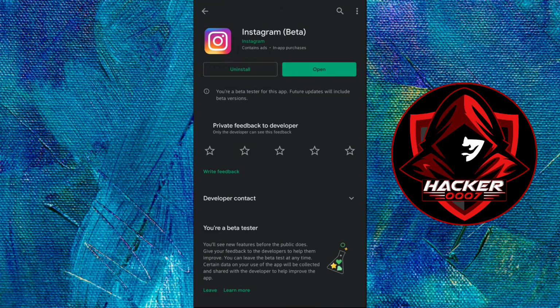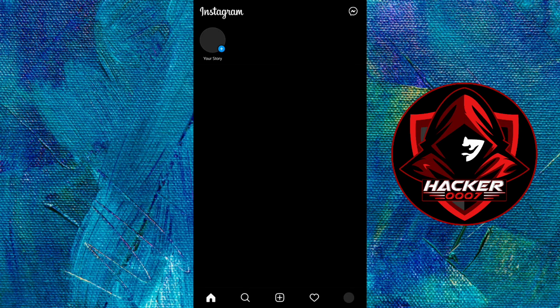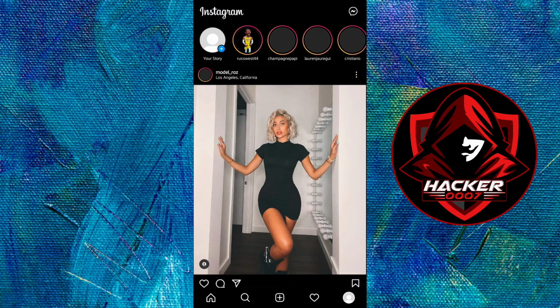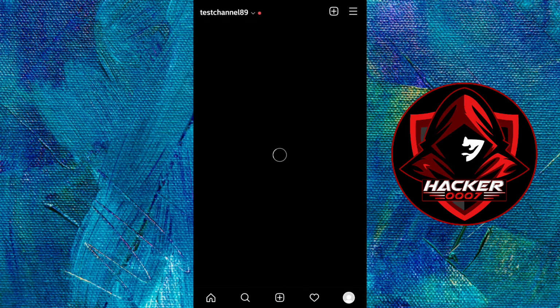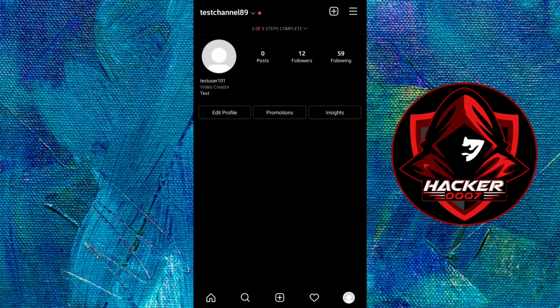Okay, so after you've completed the Instagram update, you'd simply need to launch Instagram, and let's see if that was able to fix the issue of not being able to create Instagram Reels. So let's tap on the plus icon, and as you can see, we still don't have Instagram Reels available. So another step which you could take is to go to settings,